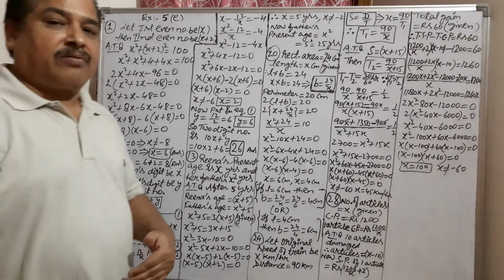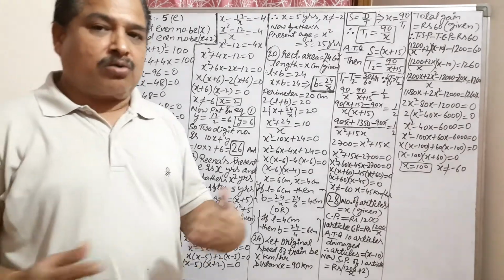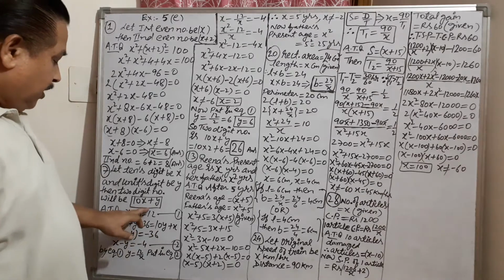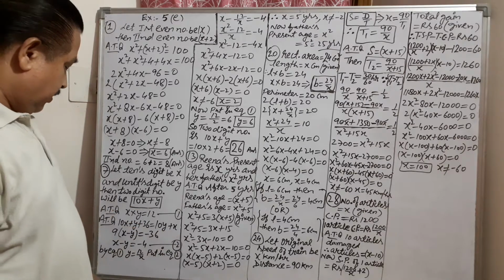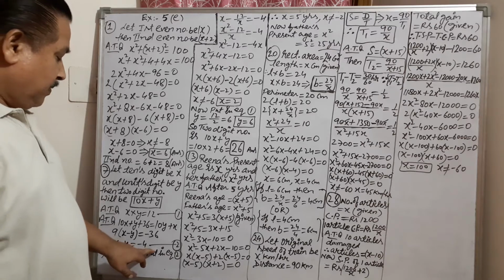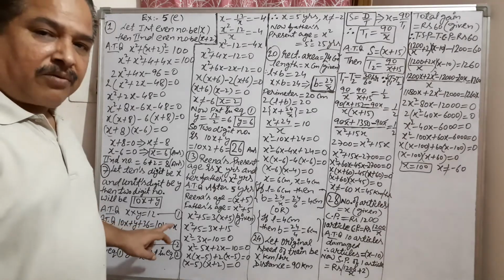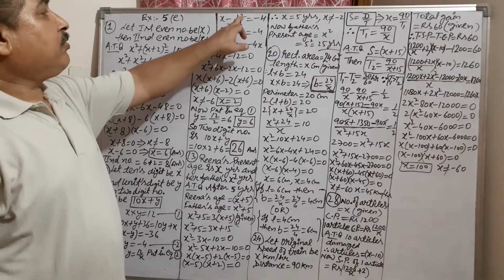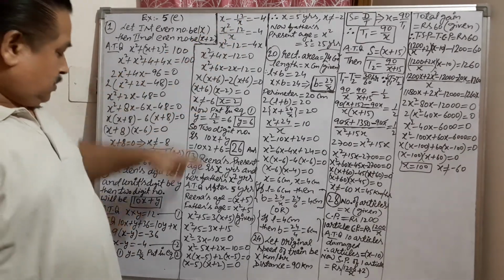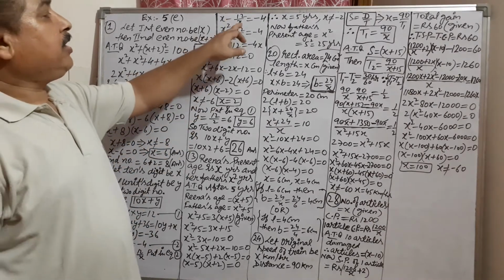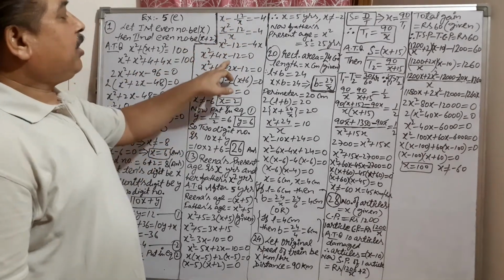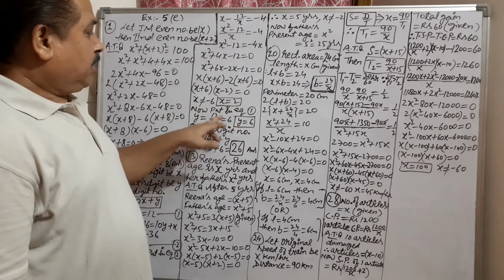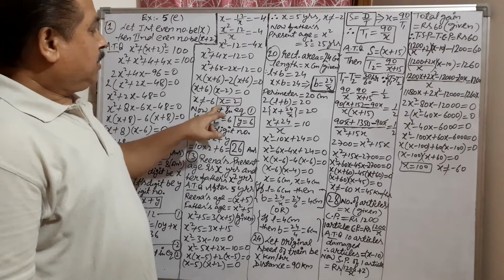And secondly, there is one more relation given. If 36 is added to the number, then the number's digits are reversed. Now add 36 to this number, and the digits will be reversed. This is the second equation. Now from the first equation, put the y value in equation number 2. In place of y, write 12 upon x. Solving this, again a quadratic is coming. Break the middle term and take common, equating both brackets with 0.